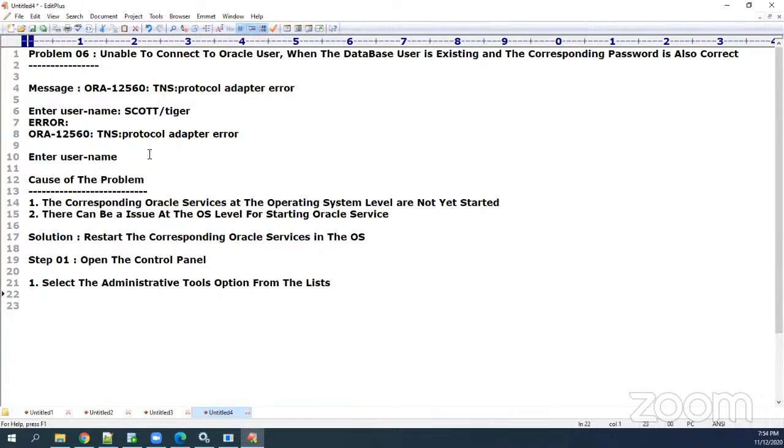Okay, we have administrative tools. I'll show you step by step. Don't worry. The second step is